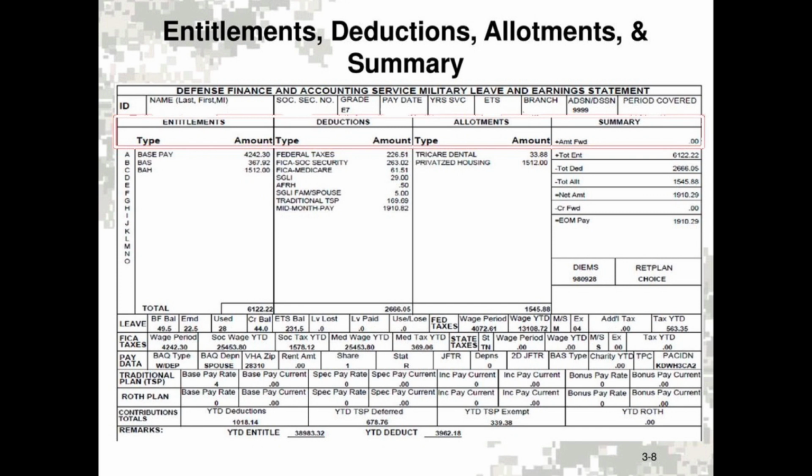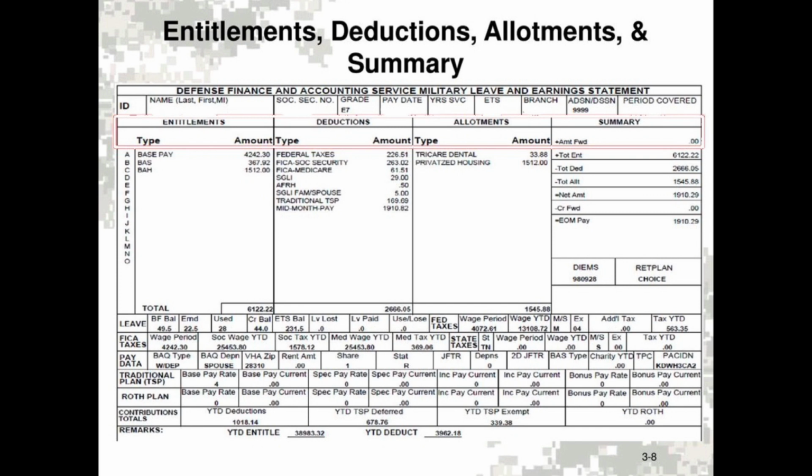And then at the very bottom, you'll see mid-month pay. Now, mid-month pay is because you technically get paid once a month when you're in the military. What they do is they take half your paycheck and give it to you in the middle of the month. And then at the end of the month, they give you the rest of your paycheck. This is so you're paid twice a month instead of once a month,